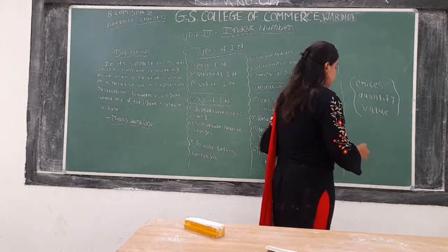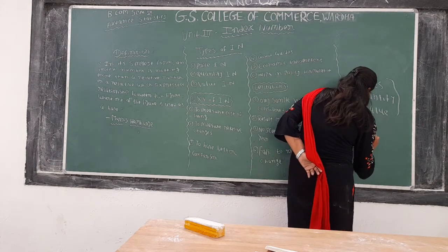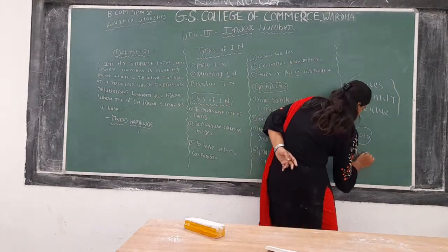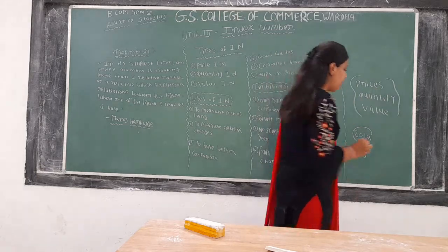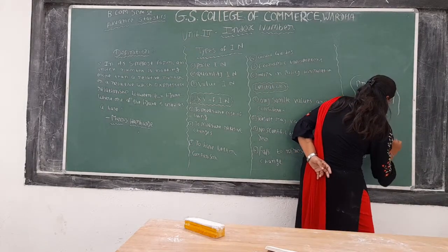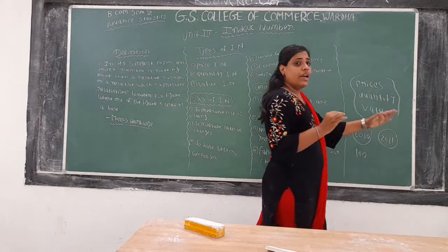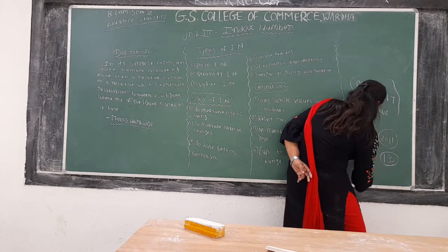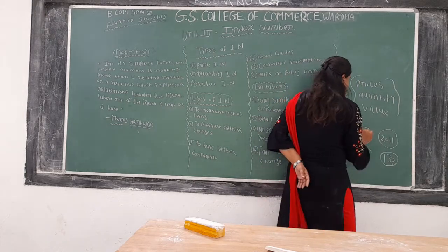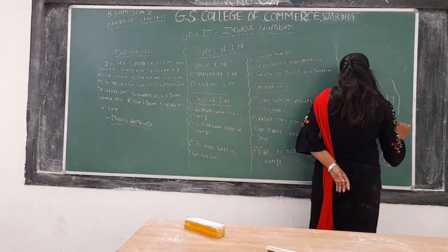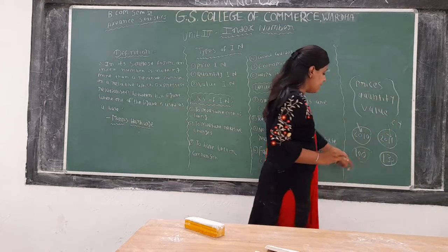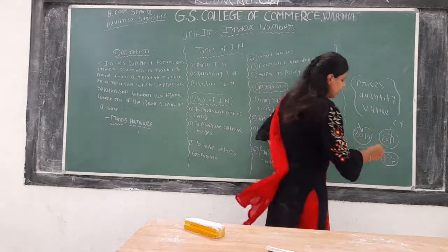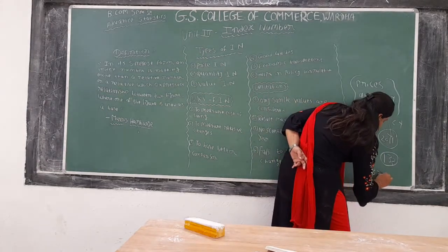Say in year 2010, prices of certain commodities were 100, and in year 2011 the prices of the same set of commodities have gone up to 133. So here we will say that the base year is 2010 and the current year is 2011. As the prices have gone up to 133, we will say there is a 33% change in the prices of the commodity.